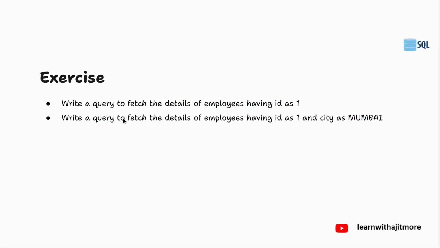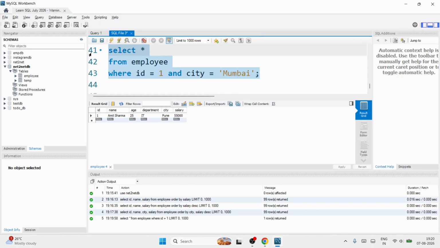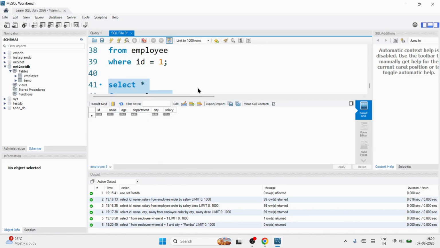Is it? Second, write a query to fetch the details of employee having ID 1 and staying in city Pune. Means it should be Pune, sorry, Mumbai, so the city should be Mumbai and the ID should be 1. Maybe you may not get the record. Okay, select star from employee where id equal to 1 and city equal to Mumbai. It may happen that there is an employee with id 1 but his city is not Mumbai. So it may fail, both conditions must be true, otherwise you are not getting any output. Yes, instead of Mumbai if I give Pune, okay, so in this case